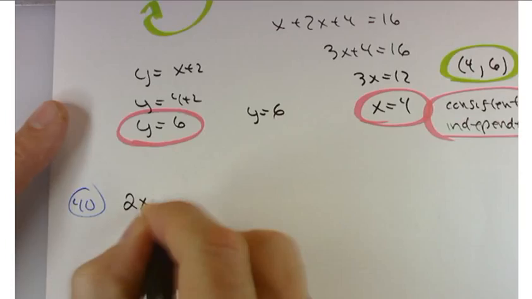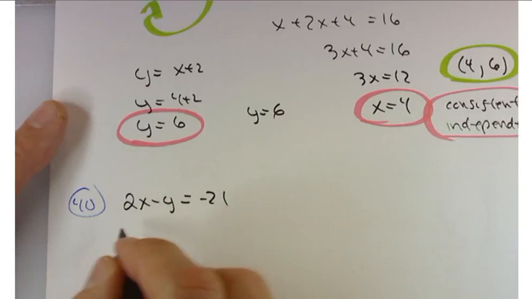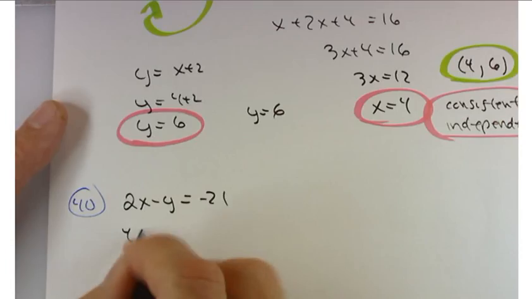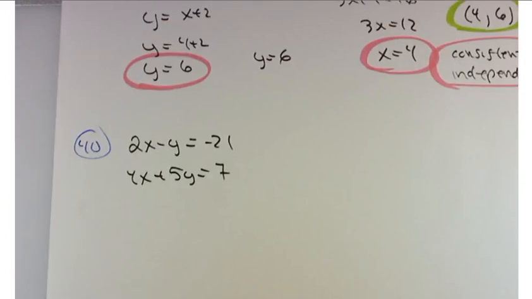2x minus y equals negative 21 and 4x plus 5y equals 7. This one's not quite as tailor-made to set up or to do by substitution as our last one. It's not bad, but it's